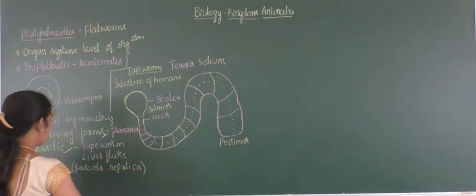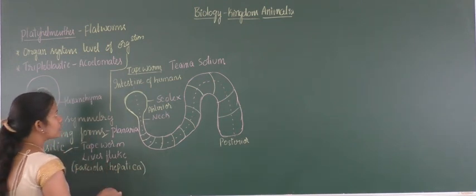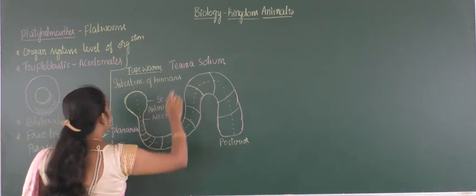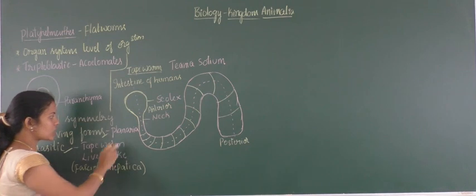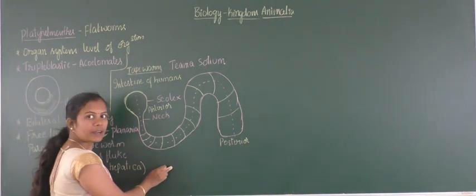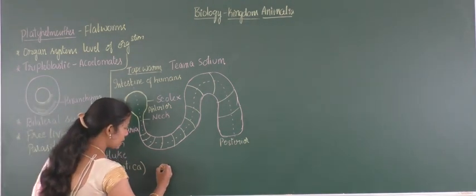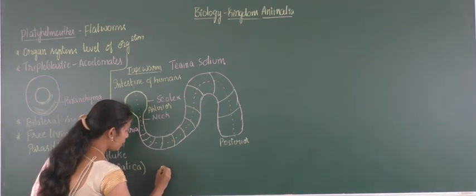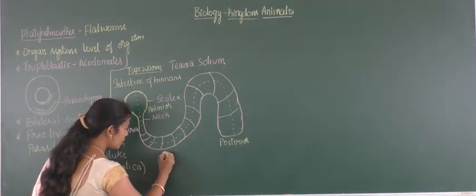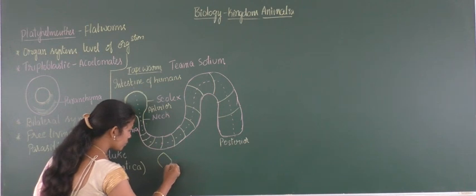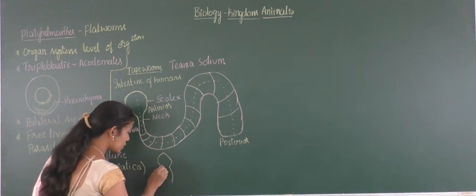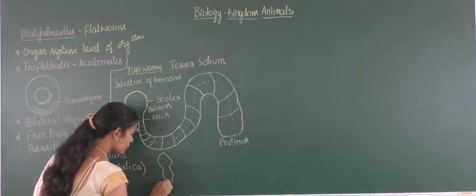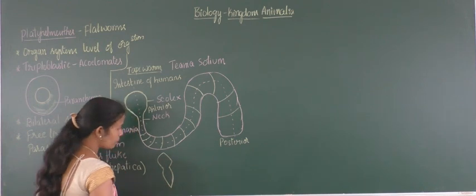Scientific name of liver fluke will be Fasciola hepatica, and for tapeworm it is Taenia solium. So how does it look when it comes to the structure of a planaria? I will write here only structure of planaria. The head of planaria is having a triangular shape, and it extends its body as a narrower, small leaf-like structure. So this is called as planaria.